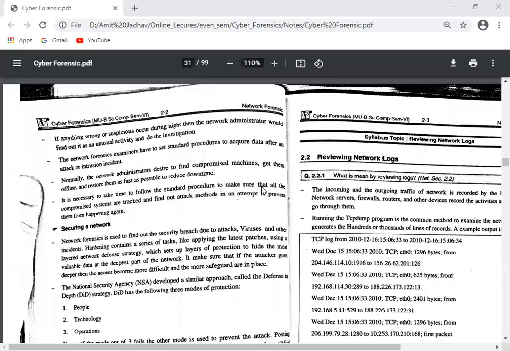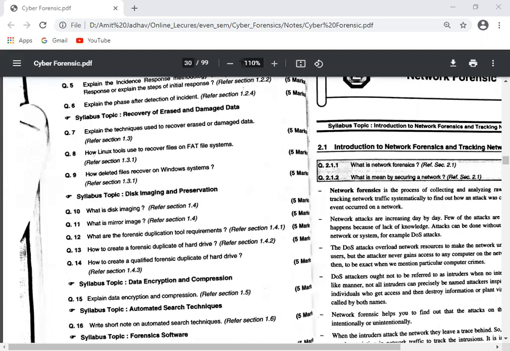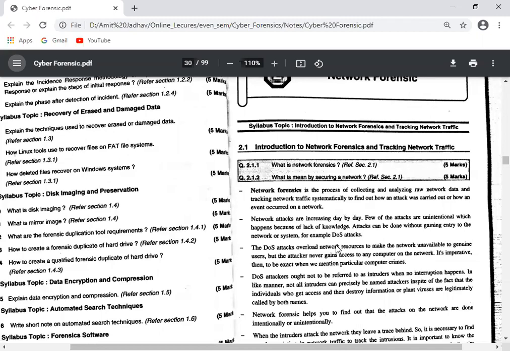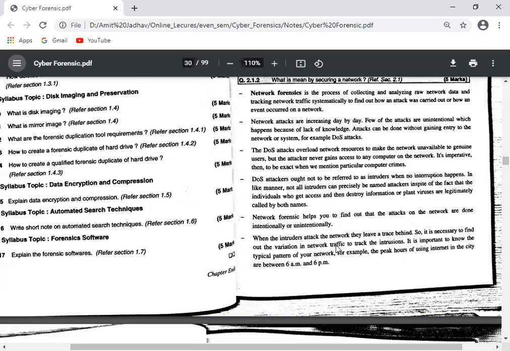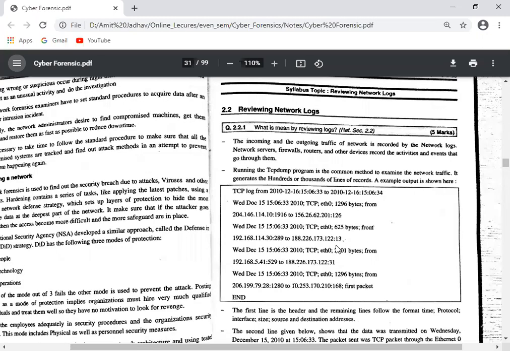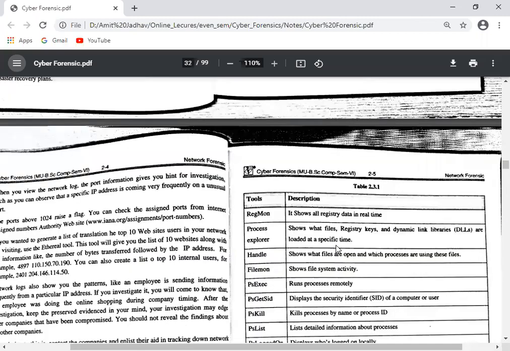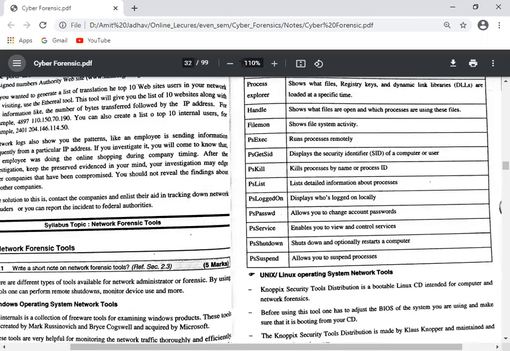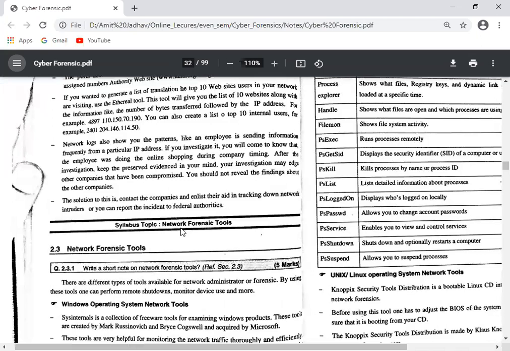Hello everyone. In the last lecture we started with network forensics. In that we came to know what network forensics is, and how to review the network log. Today we are going to see the different tools that we can use in network